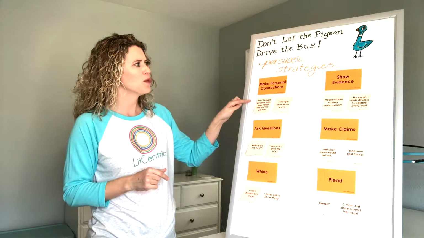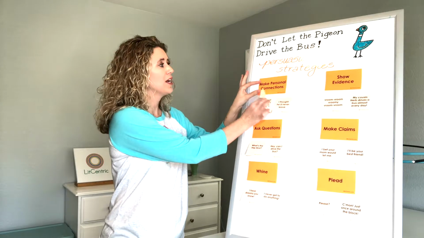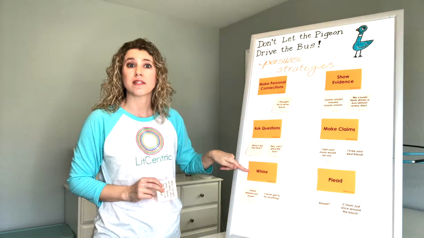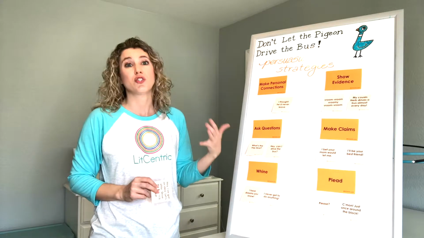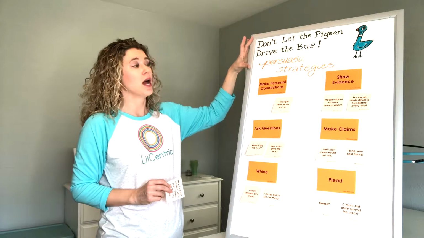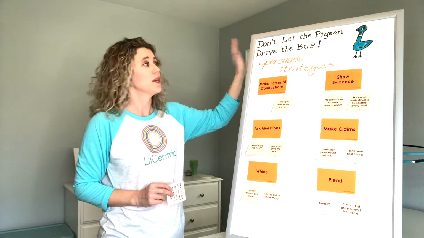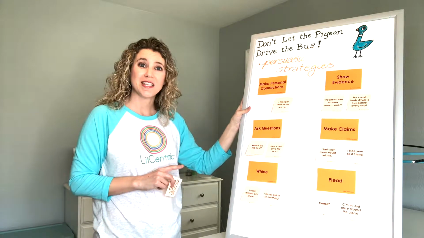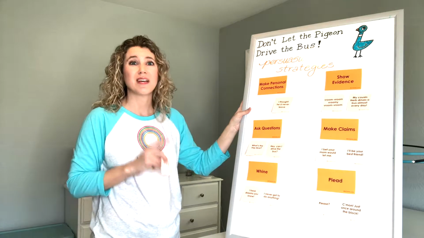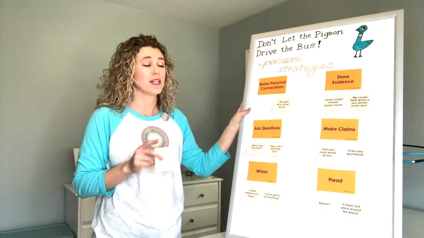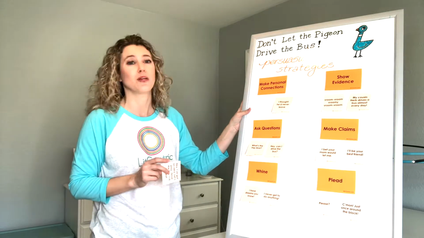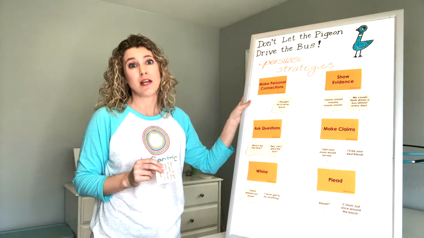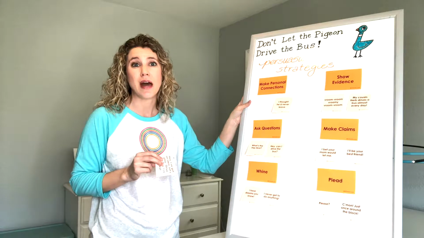Now, when we sort these, the only thing that you're going to have on your chart is these bright orange header cards, the 6 persuasion strategies, when you start with students. Of course, you can write the text up here and the focus of what you're working on. Also, for LitCentric Radio, I'm using a whiteboard because I don't want to waste chart paper and kill trees, so I'm trying to be a little more ecologically friendly. I'm using a whiteboard here, but I definitely recommend using chart paper so that you can keep that chart